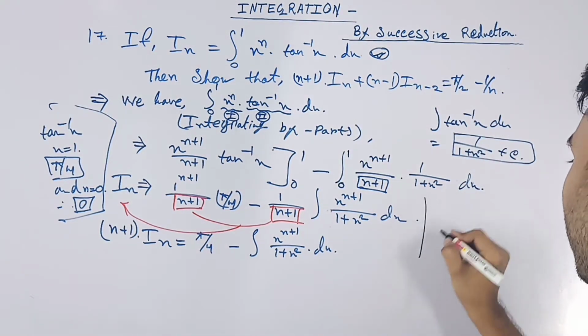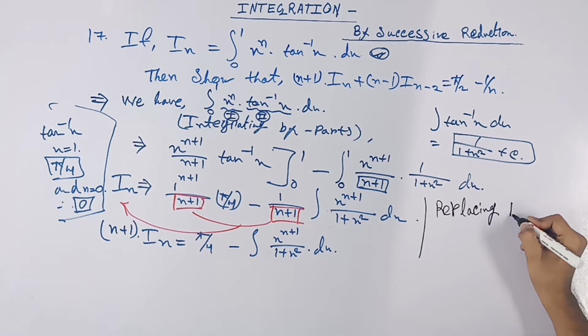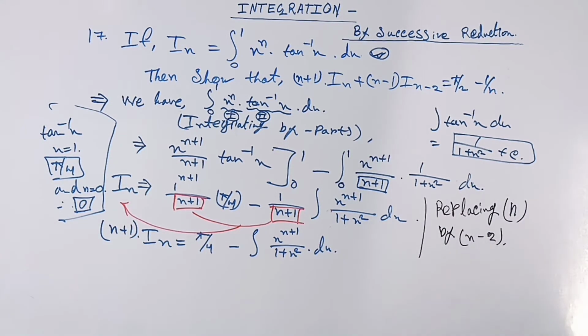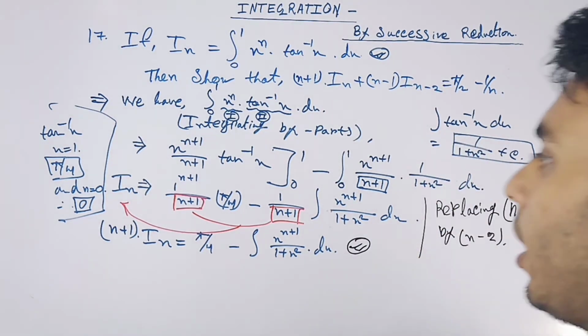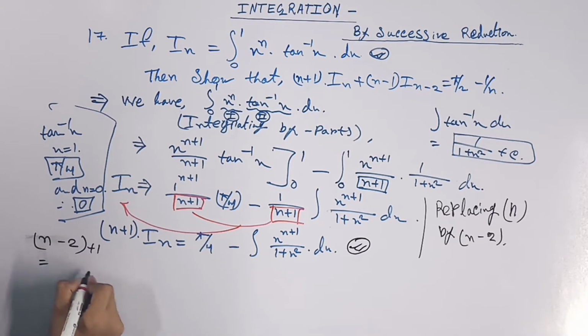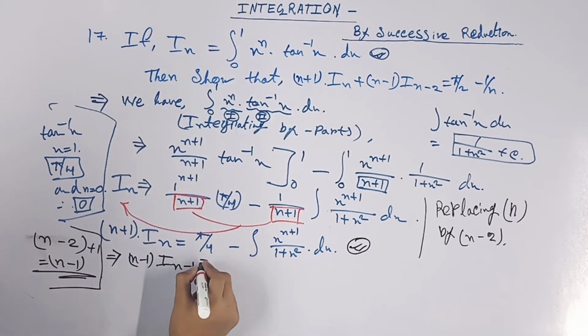Now here with my black pen, replacing n by n minus 2, as n plus 1 is coming. So when n becomes n minus 2, we can write n minus 2 plus 1, which equals n minus 1. This is the rough work, so the main answer after simplifying is n minus 1 times I of n minus 1